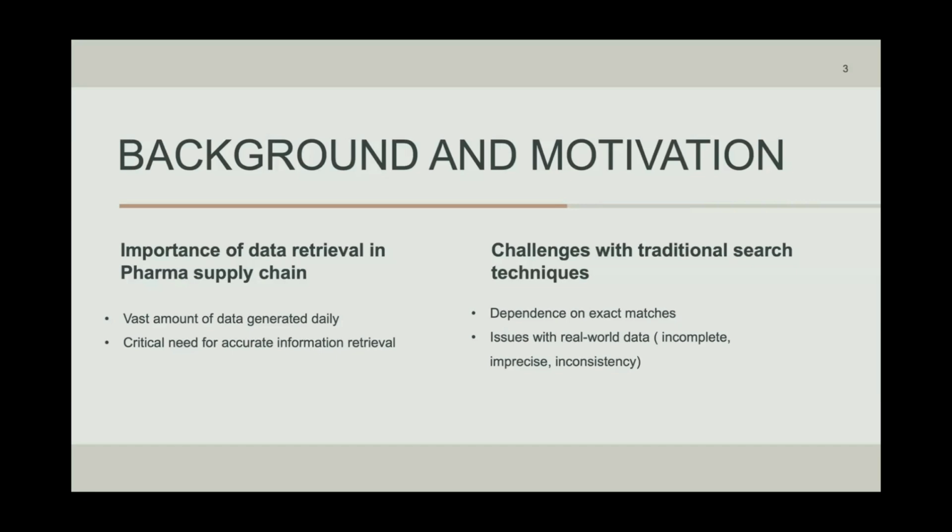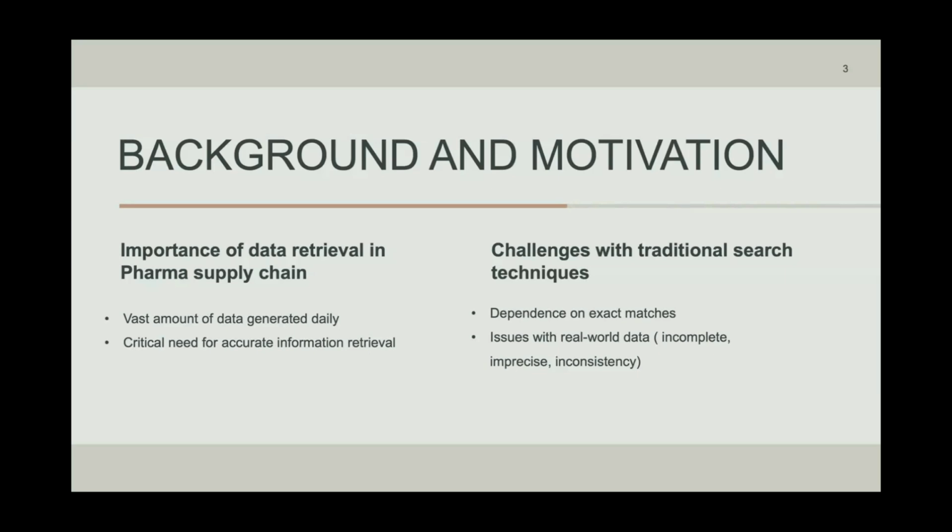The pharmaceutical industry is one of the most data-intensive sectors, where a vast amount of data is generated every day, ranging from drug composition, clinical trials, patient records, to supply chain logistics. The data is not only voluminous, but also very heterogeneous and often unstructured, which poses significant challenges for efficient data retrieval and management. For instance, consider